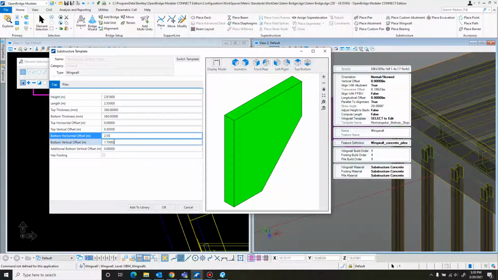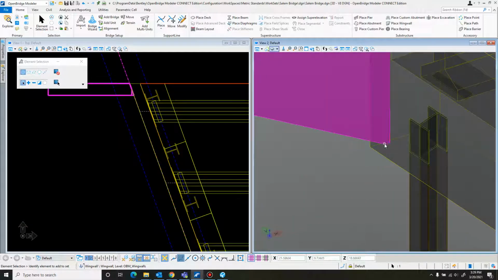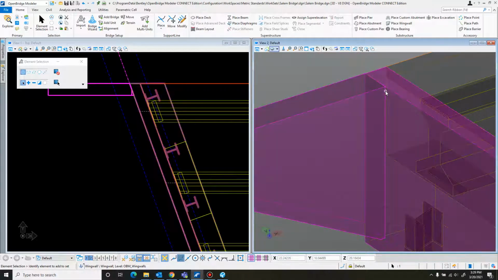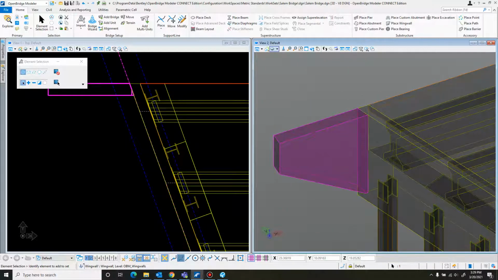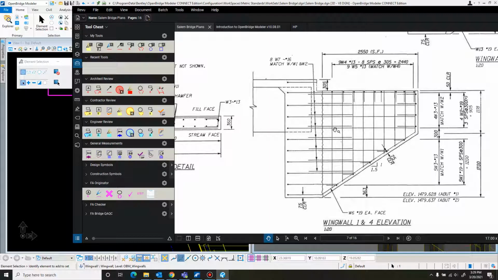So in this case, it comes down right up there at that slope. And then, okay. That draws it in for us. Yep. Perfect. That takes it right down there to the bottom of the abutment. And,